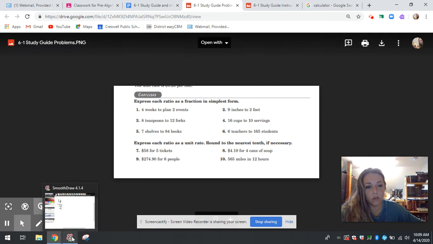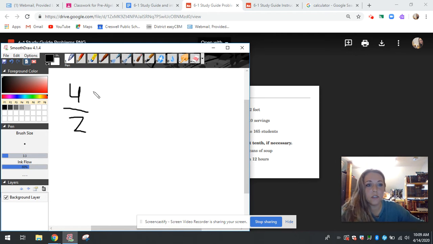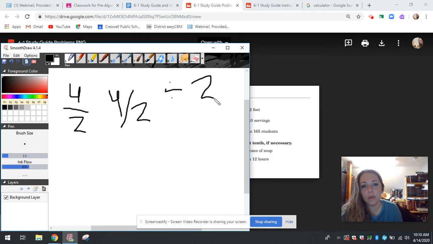Okay, so go to my fancy smooth draw. And so I essentially have 4 weeks per 2 events. That's another way to read a fraction, is like read this line as per. It could also be written like this, 4 per 2. It's the same thing. You read this number first, you just got a horizontal line instead, and that's how you'll be able to type it in your answer sheet, is with this guy. So 4 and 2 are both even, so we can reduce them both by 2. If we divide them both by 2, the top and the bottom,